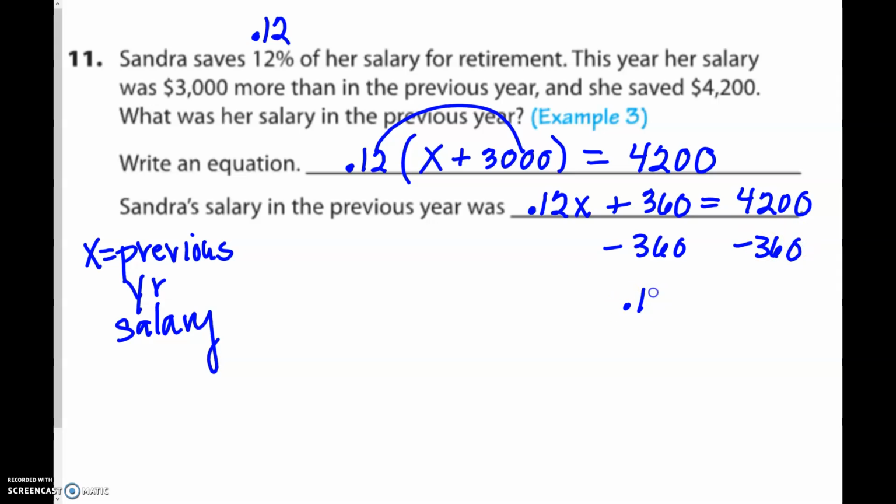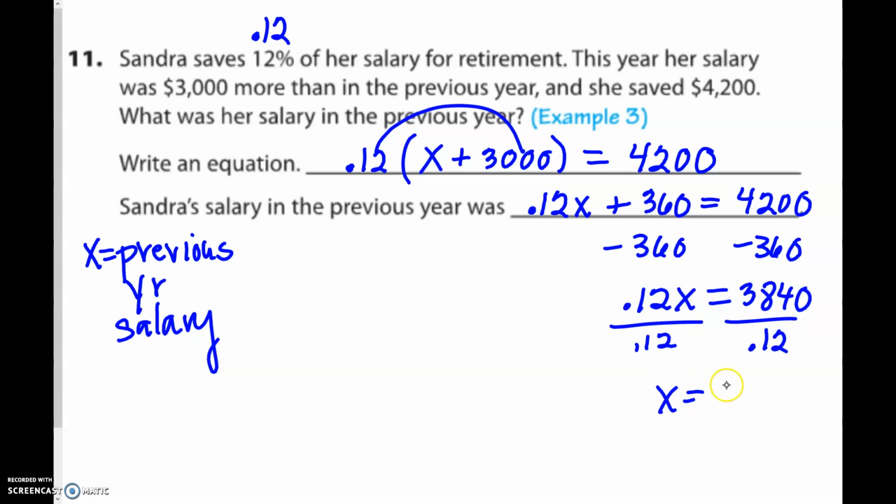So we have 0.12x, and when we subtract that, we get $3,840. Now we're going to divide both sides by 0.12. So X is 32,000. So the previous year's salary is, we just found out, $32,000. This year's salary would be plus $3,000, so this year's salary would be